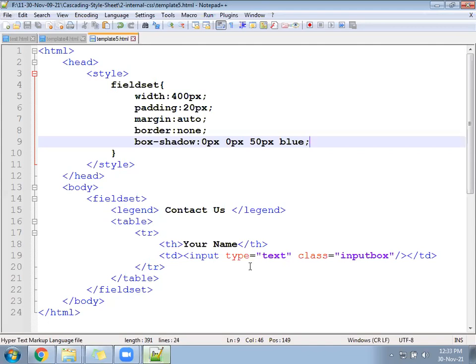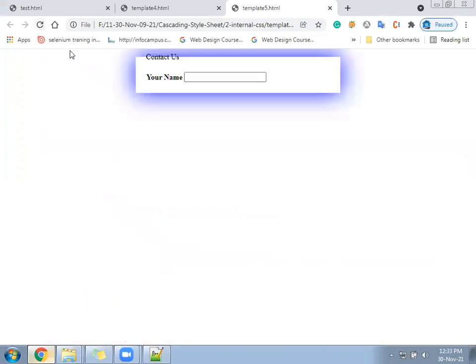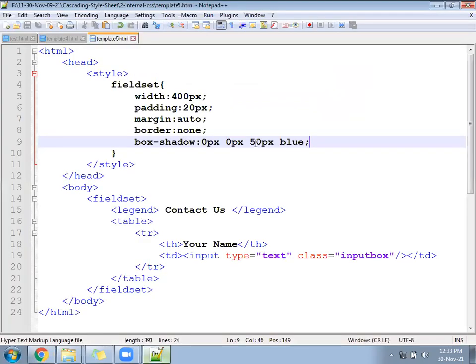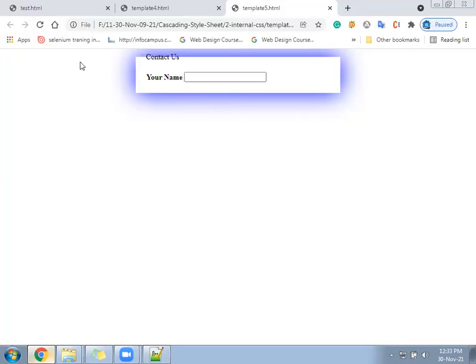Okay, let's check now. Oh, box shadow you added. See, the shadow is equal from all sides. Now I will change the last number to 20. After changing the number, see the density was this much. Let me refresh the page.